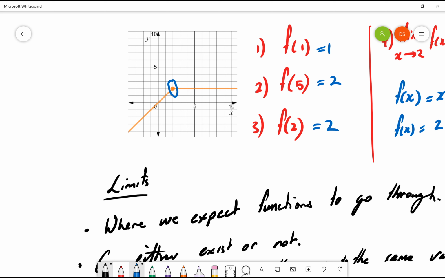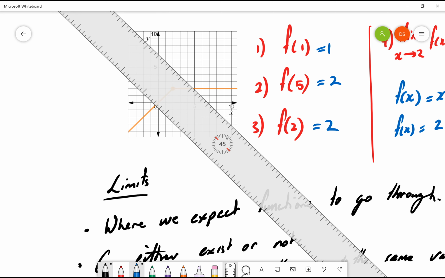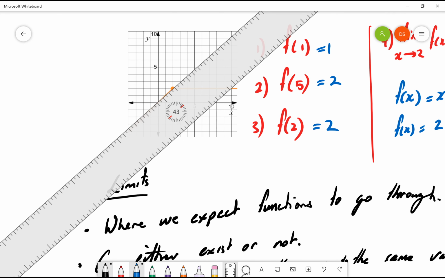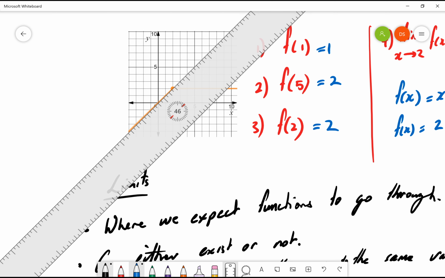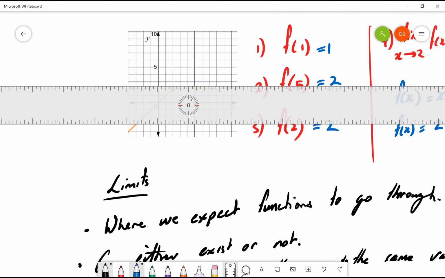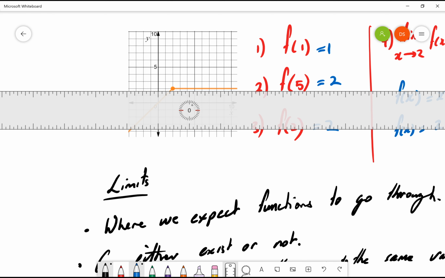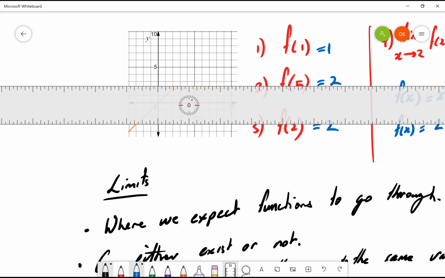And the reason for that is because it needs to be able to be differentiated smoothly. If I were to stick a ruler on here, you can sort of see the slope here is about 45 degrees, so it's got a gradient. And the slope here is 0 degrees. But at that one point